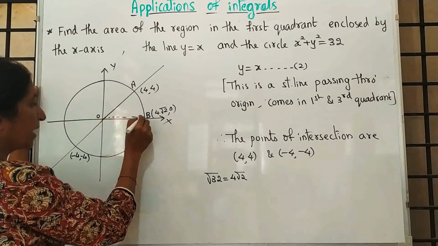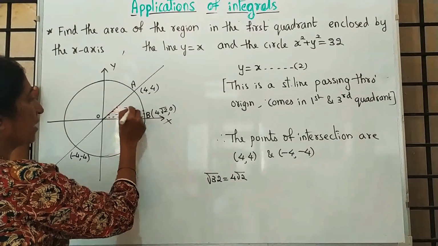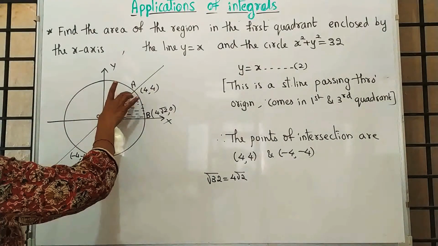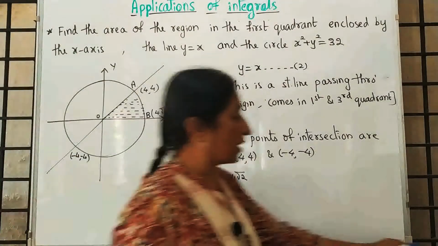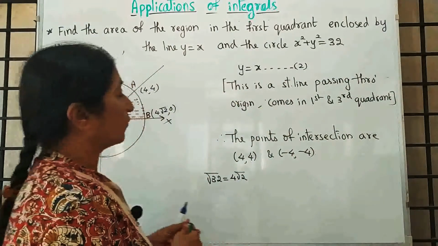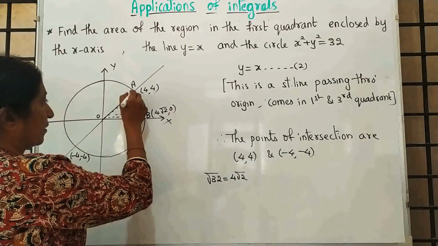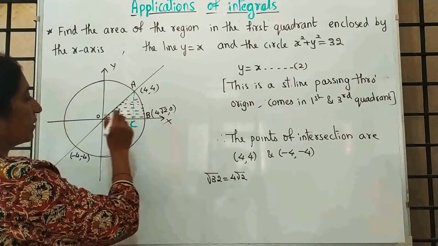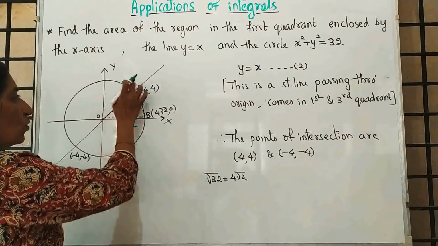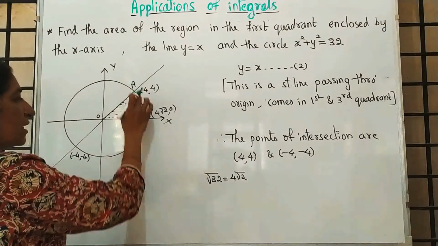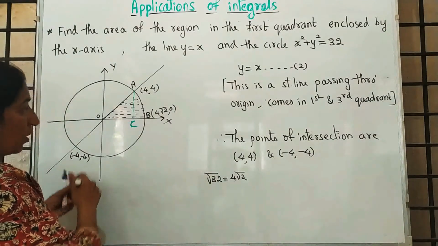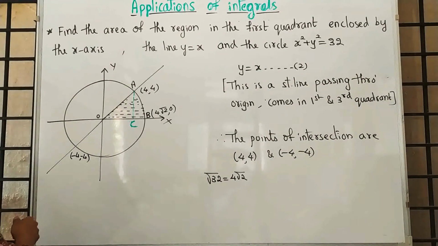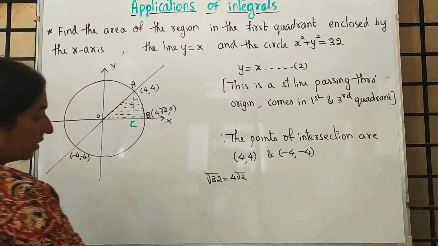And this shaded part is the required area. But you cannot take this whole part as it is, because in one half it is a line and in the other half it is a curve. That means where they intersect, from that point you have to draw the perpendicular. So understood. That means we have two parts. One part is OACO, another part is ABCA. In one part it is the area between the line and the x-axis. In the other part it is the area between the curve and the x-axis.